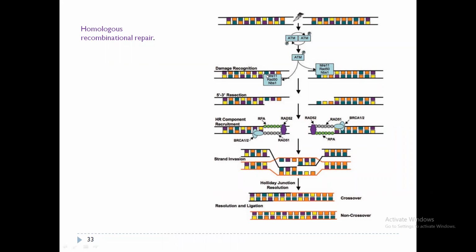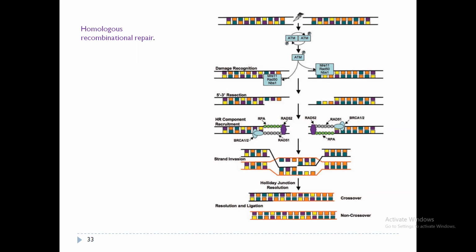This is the mRNA complex. So it will be coated by RPA. RPA is the replication protein A, and then specific homologous recombination proteins are recruited to the nucleoprotein filaments, such as Rad51, Rad52, and BRCA1 and 2. Rad51, as we have seen, is a key protein in homologous recombination as it mediates the invasion of the homologous strand of the sister chromatid, leading to formation of Holliday junctions.